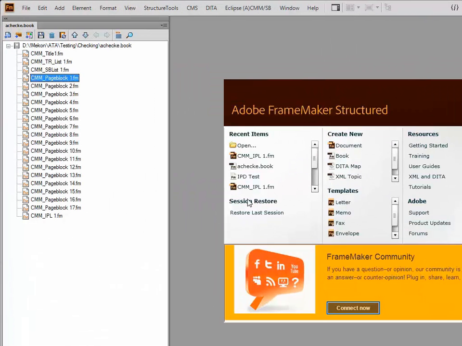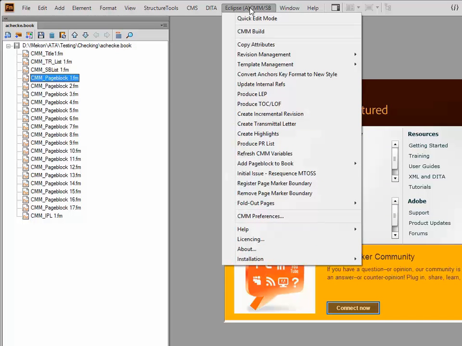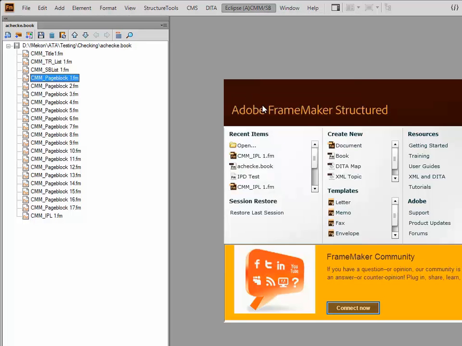I'm going to have a look now at the generation of these pages, which are, if you like, initiated manually, but actually all the hard work is done for you. First of all, I should say that you'll see some errors here, and that's because, as part of the demonstration, I've been inserting elements that are not necessarily in the right place, and to demonstrate other items. So first, what we're going to do is produce a table of contents, list of figures, list of tables. So we go to the menu for the ACMM service bulletin iSpec2200, and we click on